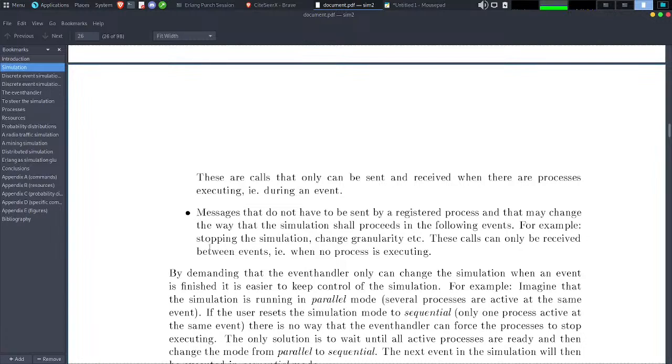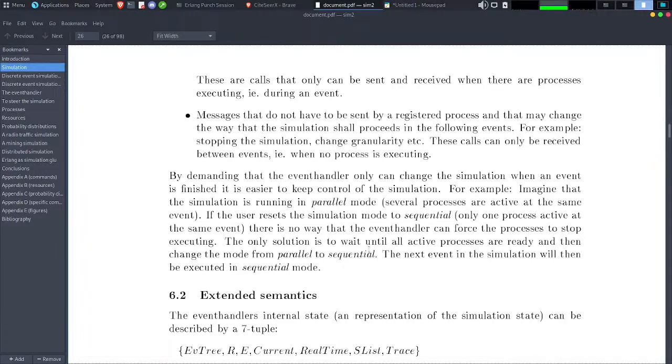For example, stopping the simulation, change granularity, etc. These calls can only be received between events when no process is executing. By demanding that the event handler can only change the simulation when an event is finished, it is easier to keep control of the simulation.